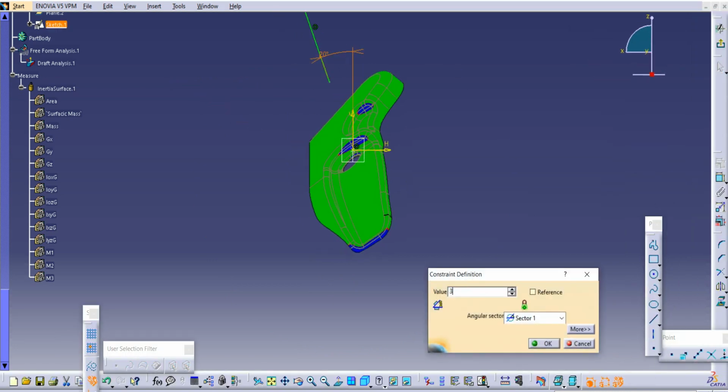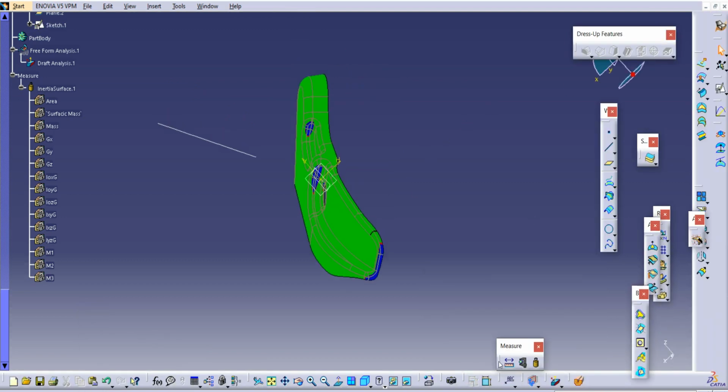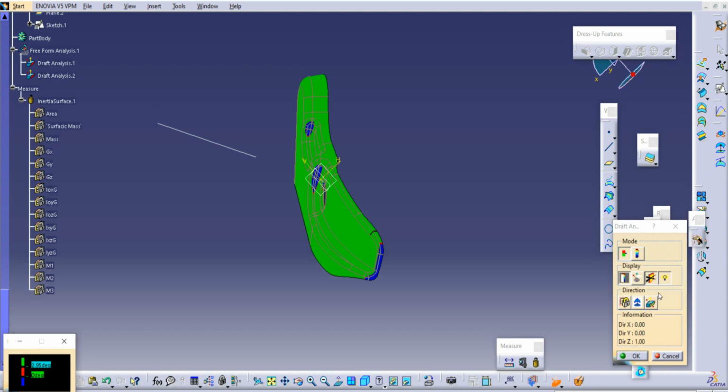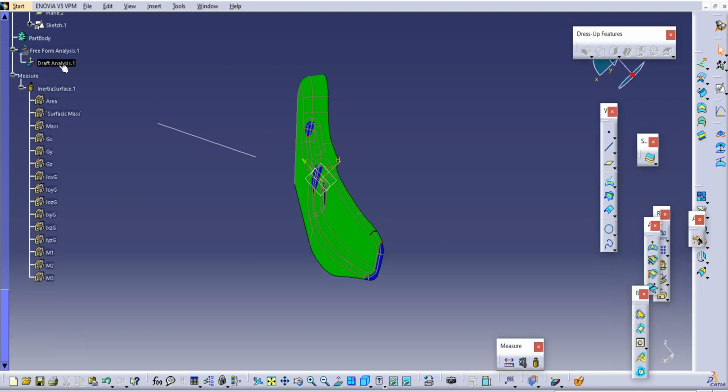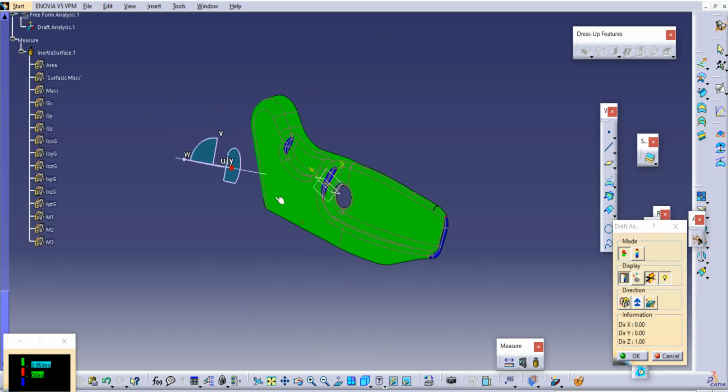I will increase this angle to 30 degrees. Again I will use the same draft analysis. Click here and place on this line. If you observe any changes,